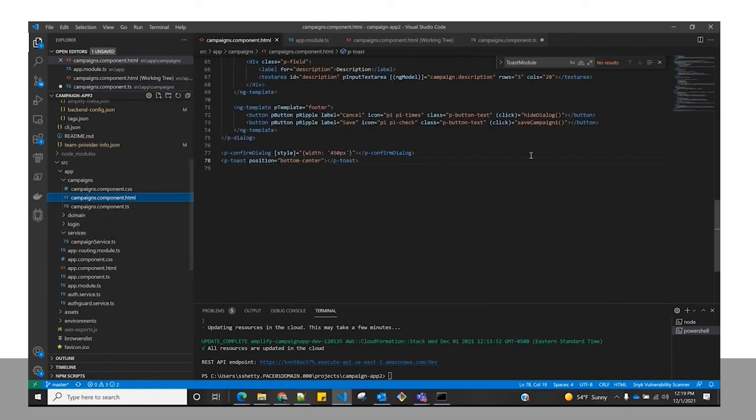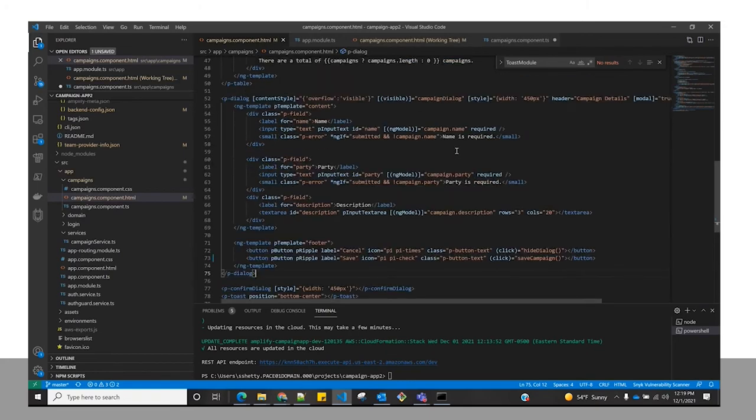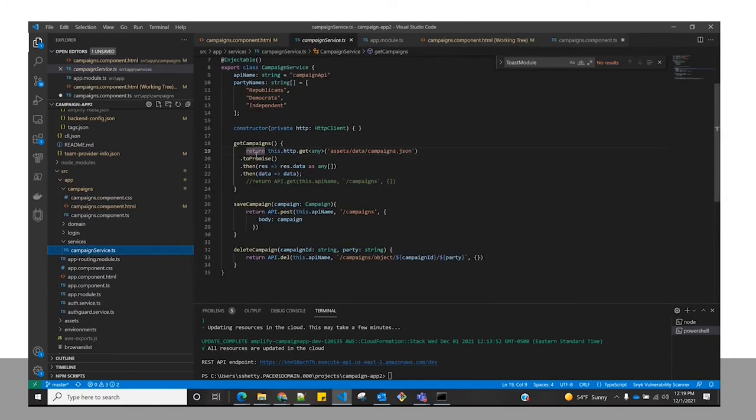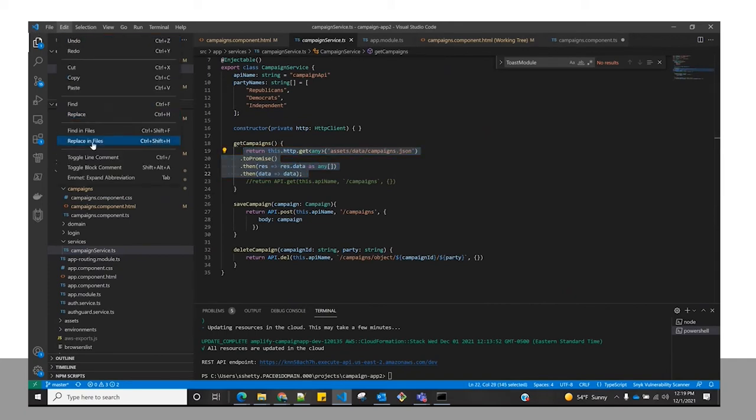In HTML, I think we'll have to revert this save campaign one with save campaign, which is what we uncommented before. And in this service, as you can see here, we were getting it from a JSON file before. So let me comment this out, and